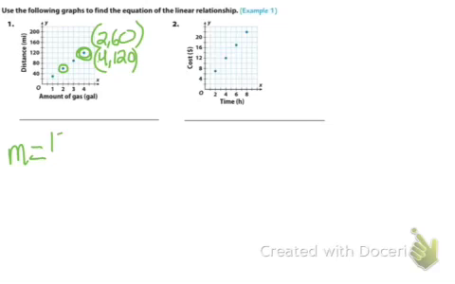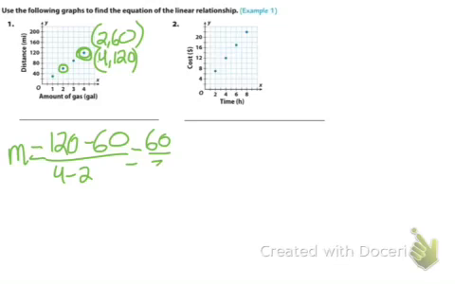Change in y, which is 120 minus 60, over change in x, which is 4 minus 2, gives us 60 over 2, which is 30. So our equation is going to start with y equals 30x. Is there a y-intercept? We don't know, but now we plug in